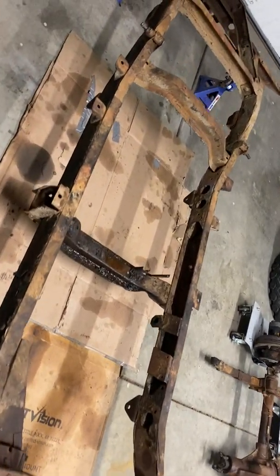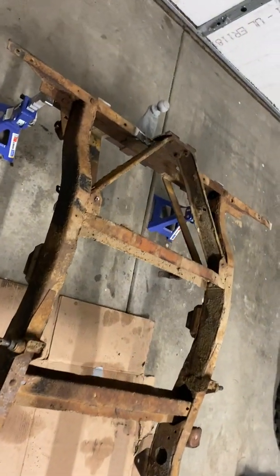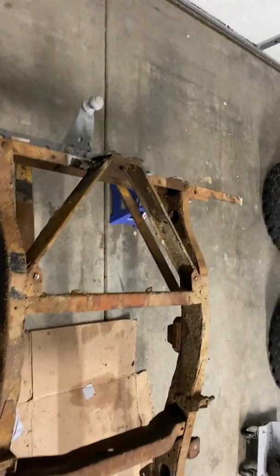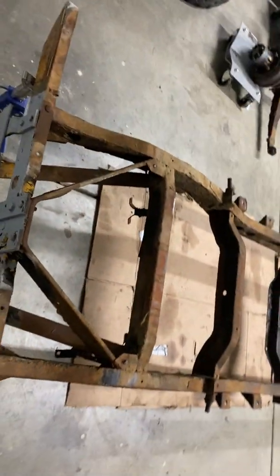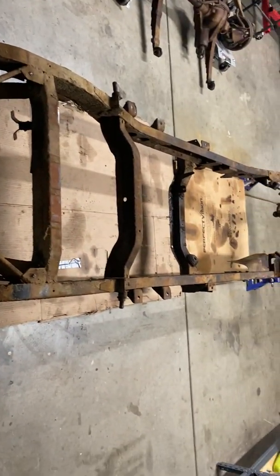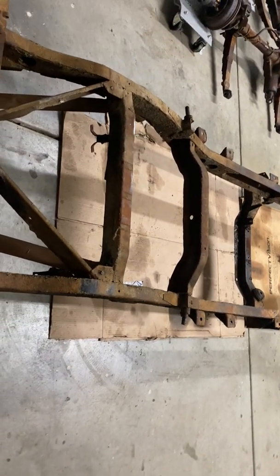And then we'll just come over it and we'll put some really good, decent paint on there. I've been looking at a lot of really good reviews on the Ace Rust Preventative Enamel that comes in a spray can. A lot of people are using that on these restores. Also PR15, and then Eastwood makes a really good product